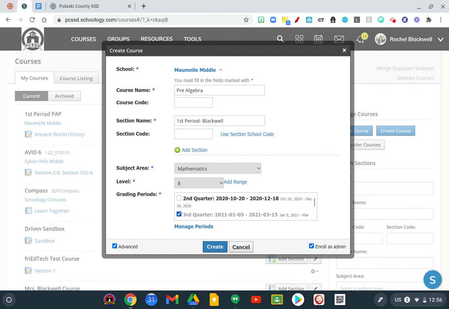And so you can go ahead and start playing with this and getting this set up, because even if you add kids to it, they're not going to see it till January 5th. So just to let you know that. So starting this now would be great. So if I wanted to, I could create this one right here and be done with it